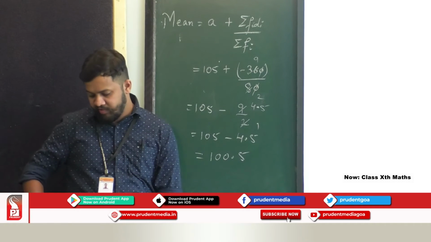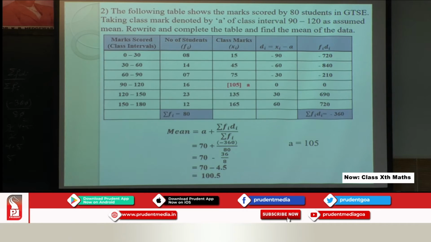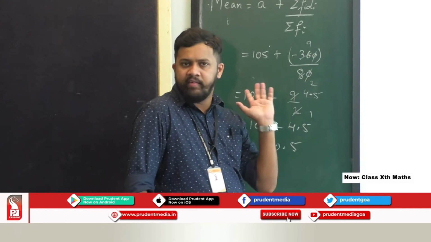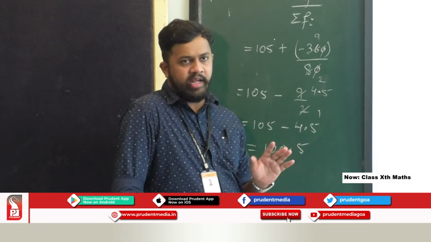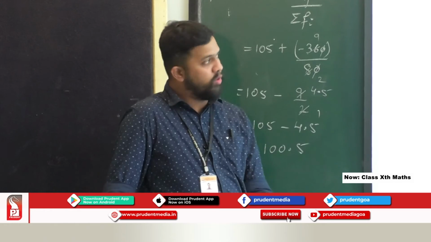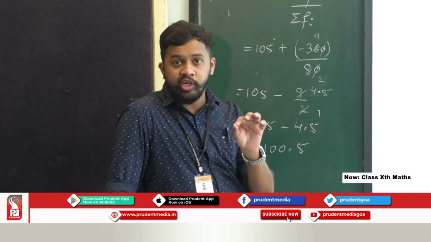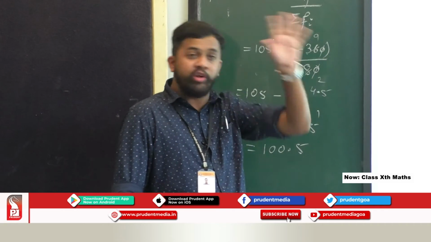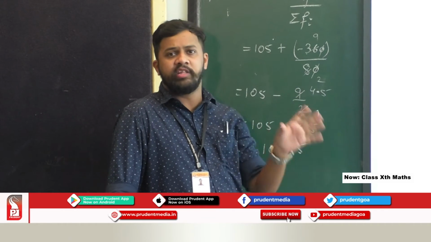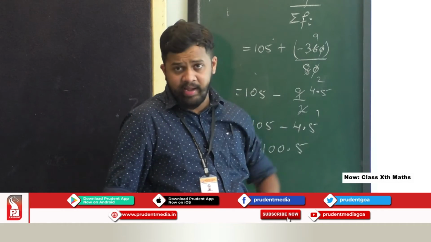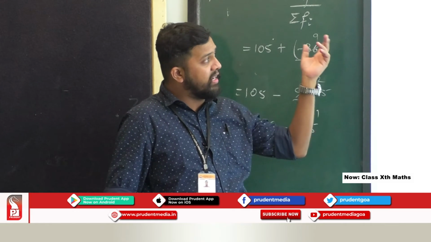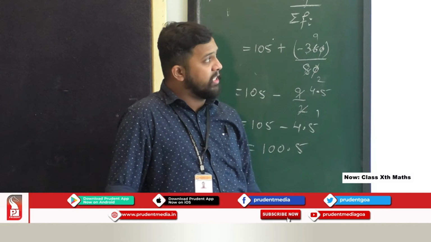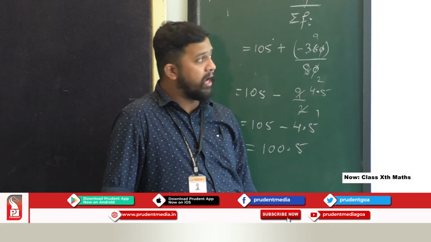So hope you are clear with the assume mean method. What we require in the assume mean method is, first of all, to find xi, which is common, the middle point or middle value. Second, we require deviation. The formula of deviation is also mentioned in the table. You don't have to remember it actually. Di is xi minus A, and finally the multiplication of two columns, that is fi into di.